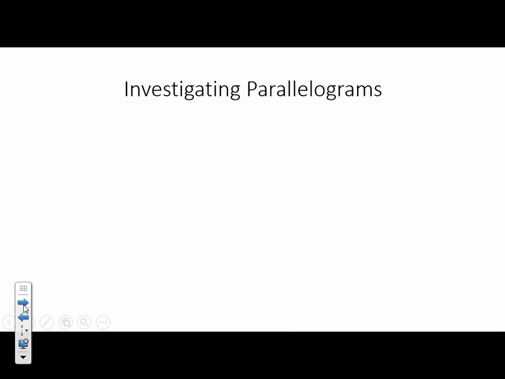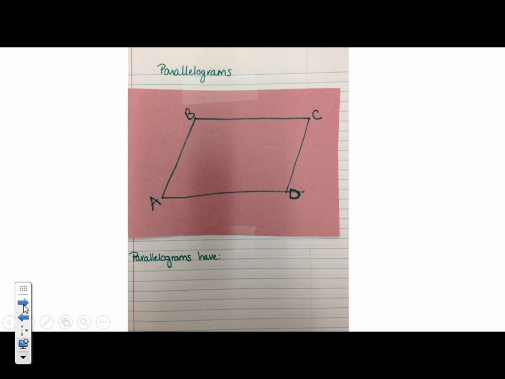The first one we're going to look at today is parallelograms. We're going to be investigating what a parallelogram is and what kind of special properties it has. For this part, you're going to need to tape your parallelogram. You have an actual photocopy. Tape your parallelogram in your notes like this, and we're going to have a heading called parallelograms. And then underneath, we're going to write all the properties that parallelograms have. So you're going to need some space to write what's special about them, and then we're going to identify those things on the shape above. Okay, so we're going to be taking basically a full page of property notes, and then we'll throw some examples